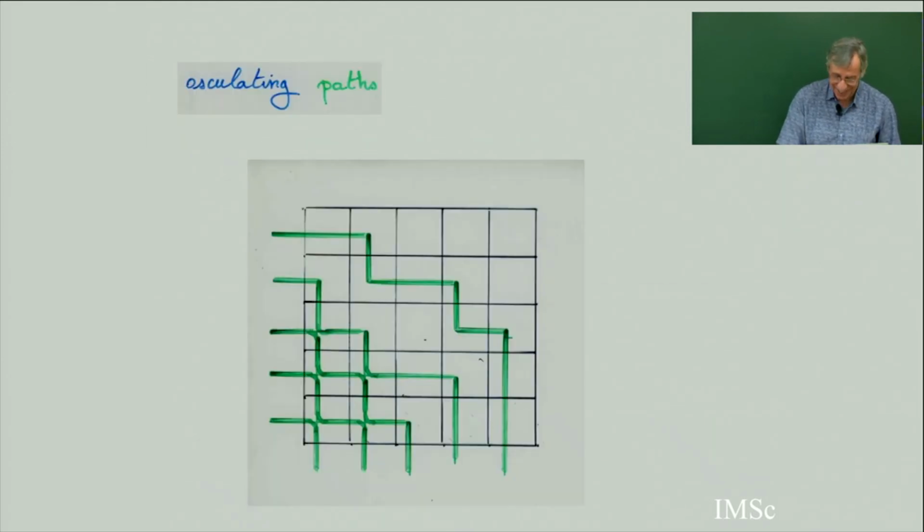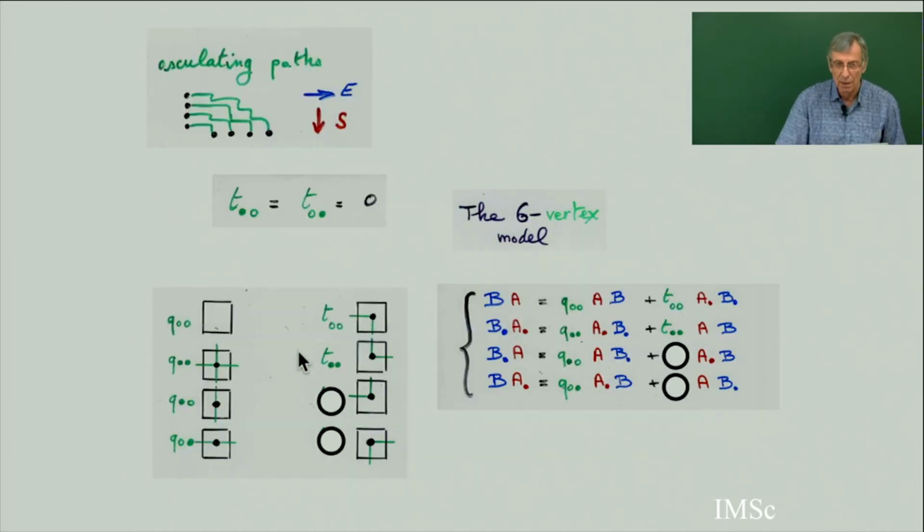Question? Pipe dream, something like that? Yes, it's kind of like a pipe dream, but here they don't cross. In pipe dreams, they can cross, they can just avoid or cross. Here, they just avoid. As soon as they are close together, it's like bumping, like a mirror in each of these points. So this is also a less classical configuration of paths, osculating paths.